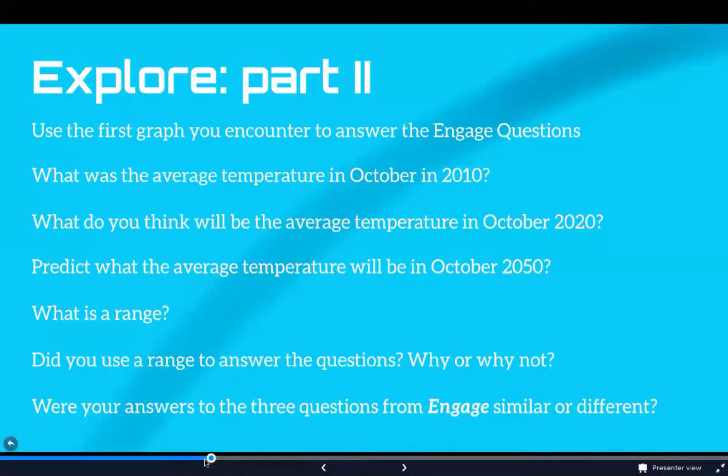And then the next piece is there would be a great opportunity here to have students turn and talk, to think, ink, pair, and share, where they would think about, okay, what were my predictions when I first answered the questions? Did those predictions line up with the data that I saw? And then, were they similar? Were they different? Why or why not?